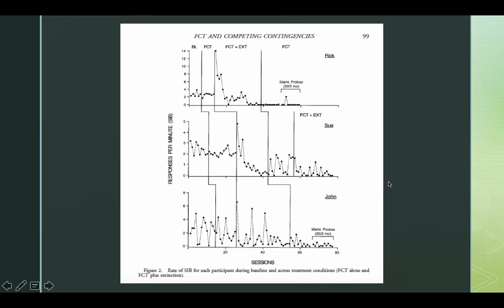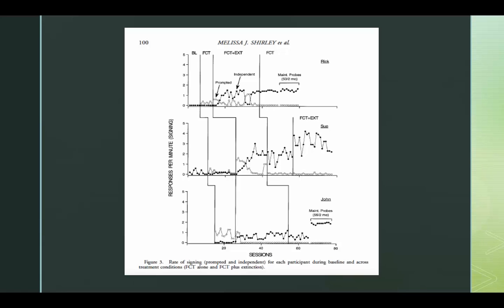to bring it back down. Now, of course, we see basically a very similar pattern when we look at the alternative behaviors or the functional communication response. We see for Rick, the functional communication response didn't change. Actually, even for Sue, the functional communication response sort of continued. Maybe it dropped down a little bit or a few points below, but for the most part, it continued. So she was still getting reinforced for using this, but she was also doing SIB. And for John, we see the same thing. Basically, the functional communication response was not disrupted when we moved back to just FCT